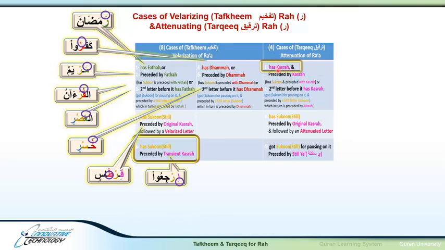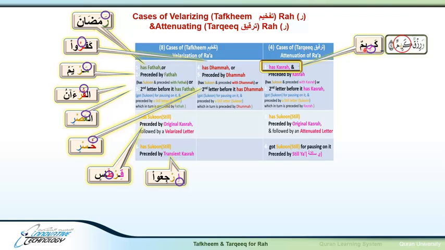And the first case, when the ra itself has a kasra, like this example, Kareem. We noticed that the ra itself has a kasra, and in that case, it has to be attenuated. It has to have tarqiq. Let's listen. ورزق